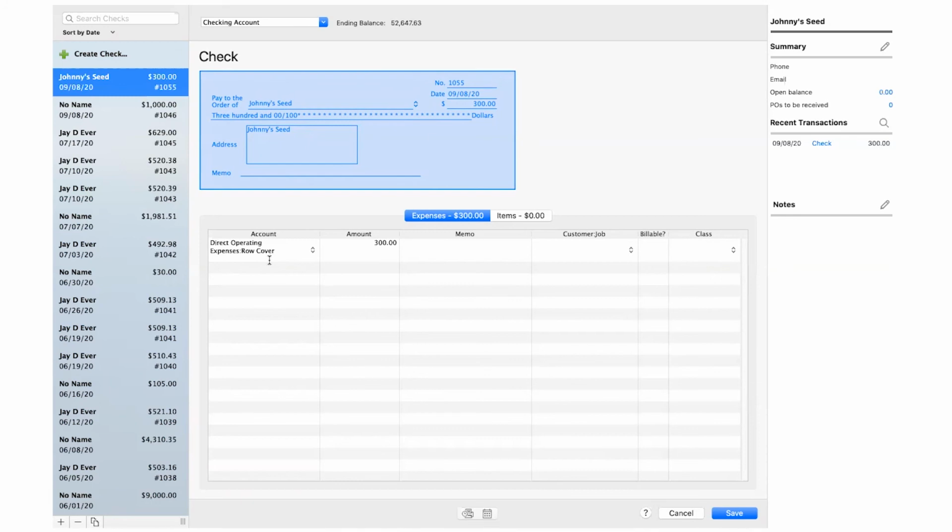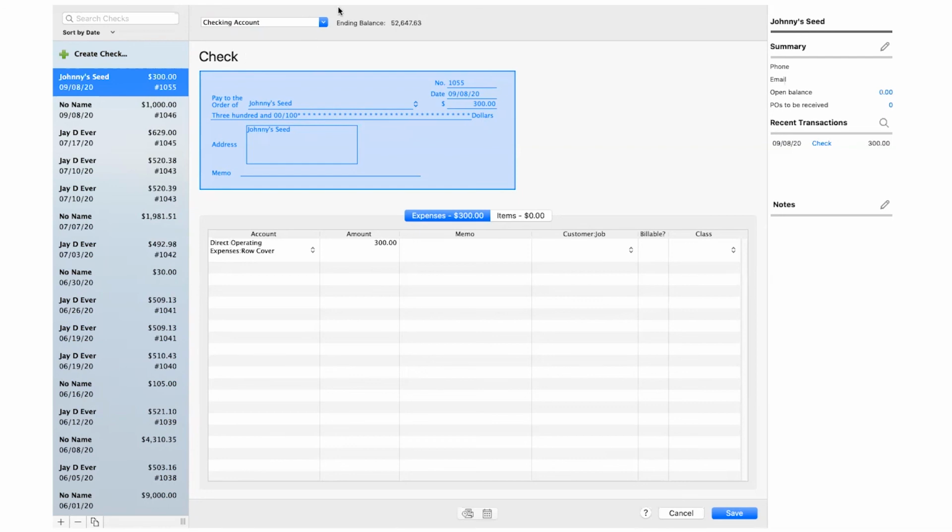But I do still want to know how much row cover did I actually buy. Is that still possible? Yeah, so I think about it as grandparents, parents, and children. So direct operating expenses is the parent category, and row cover is the child. Then you could do